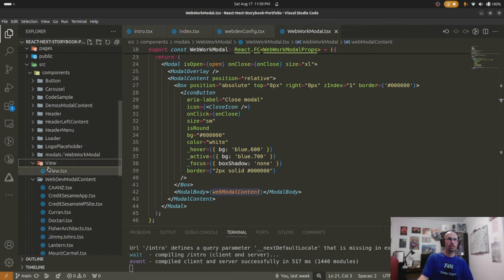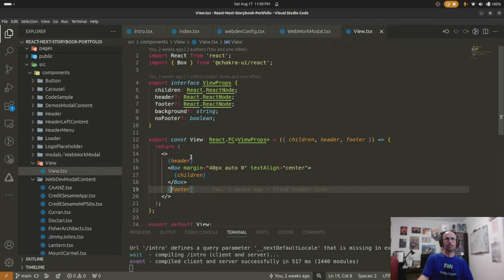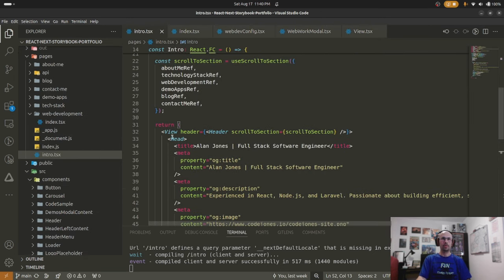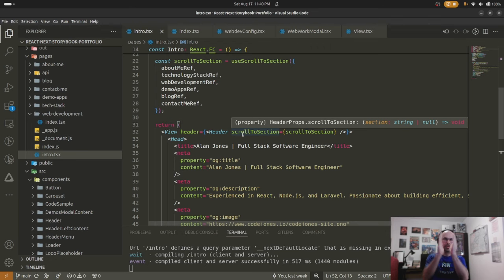Then we have a general view component. You know, the view is what we're using. It brings the header and the children and then the footer. So if you see here, that is set up here. Here's a view passing the props of header, and then the scrolling, specifically the functionality that I'm working with for the scroll to section, which is